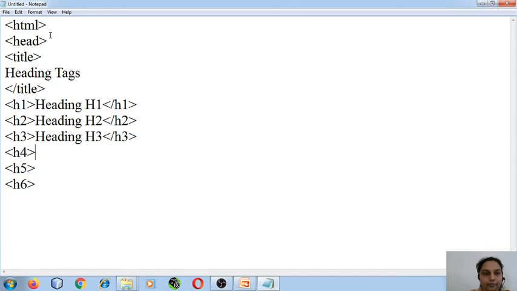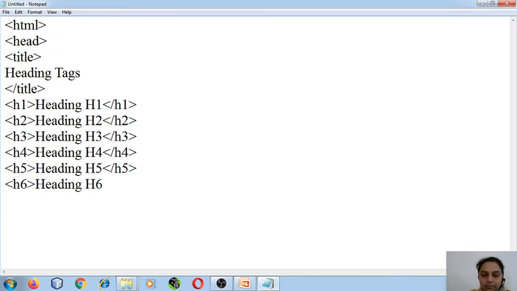H3, heading H4, heading H5. So in this way, all the 6 heading tags I am going to show you in a single program, and you will see the normal effect H6.